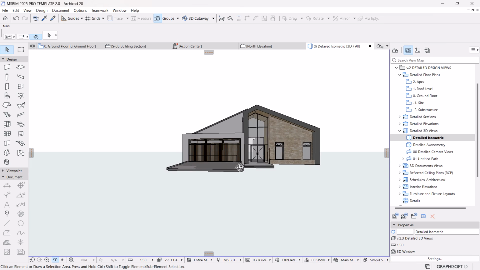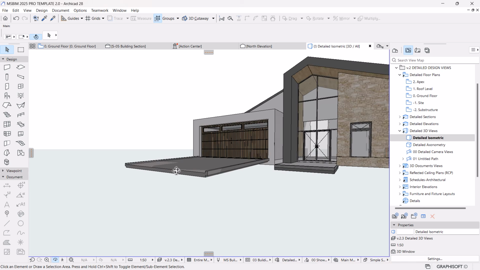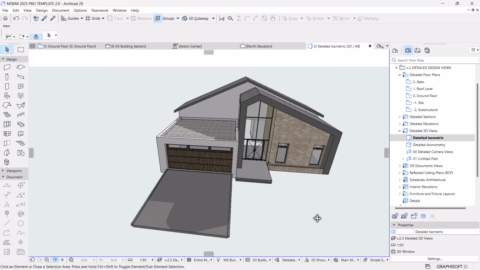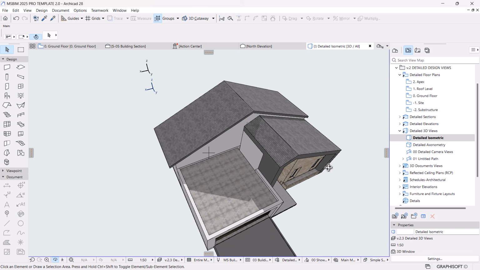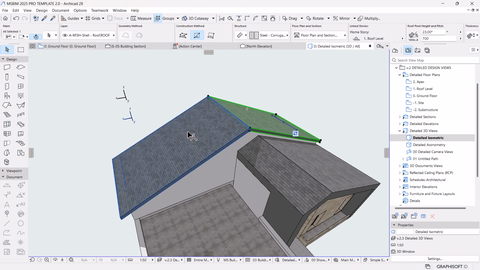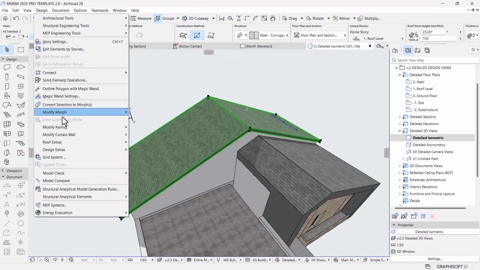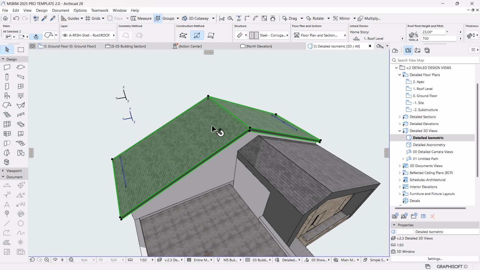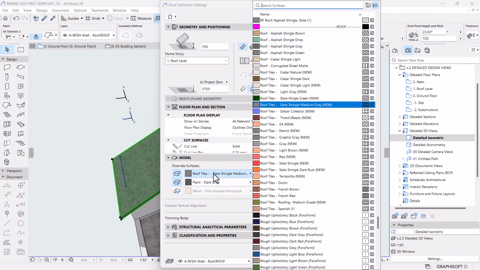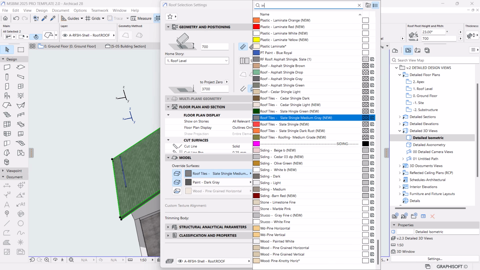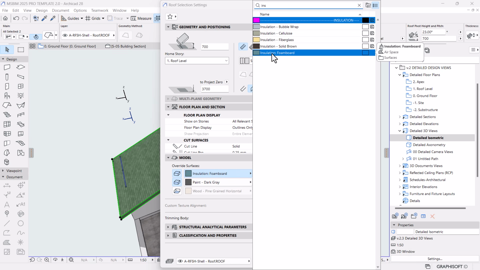What else? Again, we have pretty much our roof. The one at the back is going to be a different material, so I'm going to start with the finishes of the roof now. I'm going to use add-ons to apply the slate for the roof instead of using the texture. So I'm going to change this to be an underlay of insulation material. I'm going to change this to be insulation,